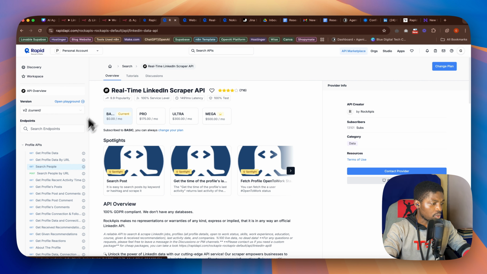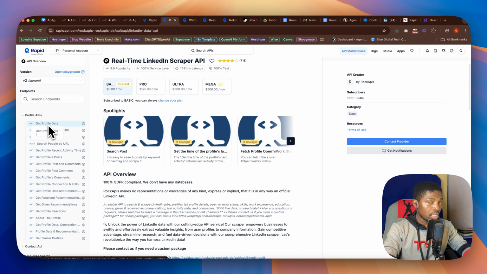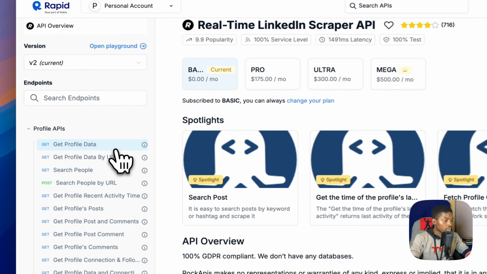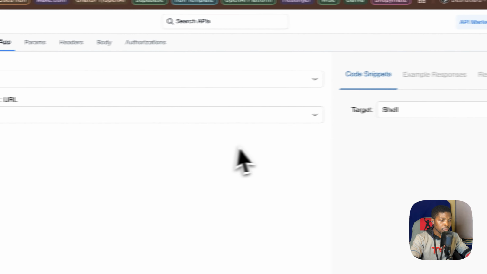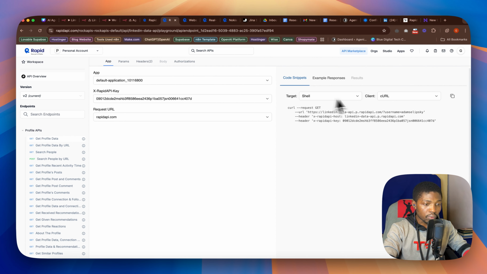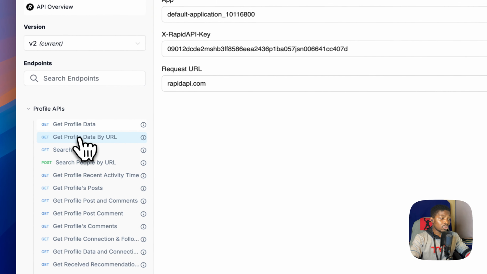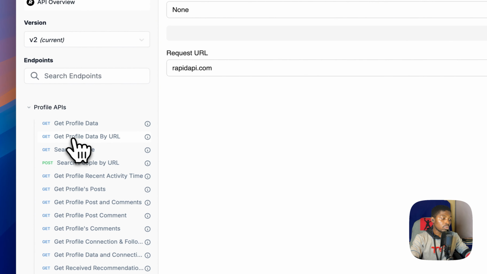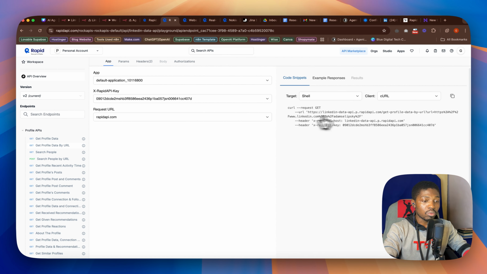you come here and choose which API you want. Do you want to get profile data? For this one you need to provide the username. So let's say you have a username, you can use it. But let's say you don't have the username. To get the profile data, you can use the URL. That's what I've used for